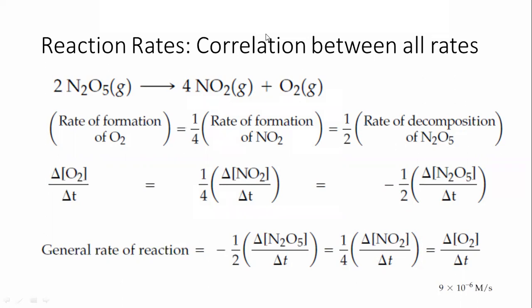So 2.4 multiplied by 10 raised to power minus. Okay, so how did you calculate? Good, but just explain for the others. What is your point of view? How did you calculate this one? Sir, I just divided 9 multiplied by 10 raised to the power minus 6 by 4. So the answer will be 2.25. Okay.